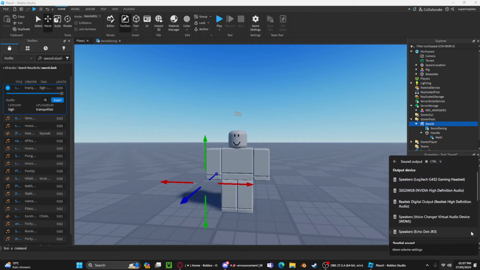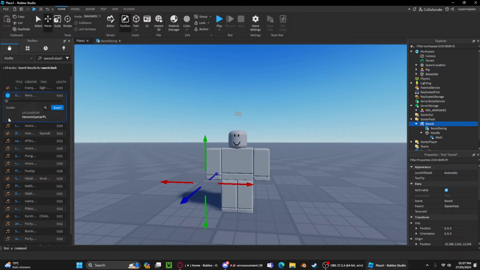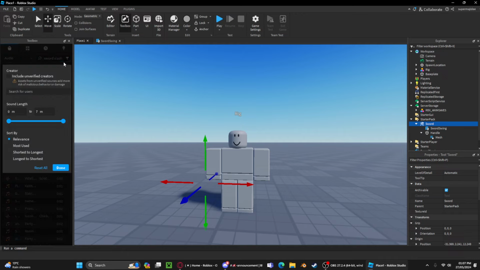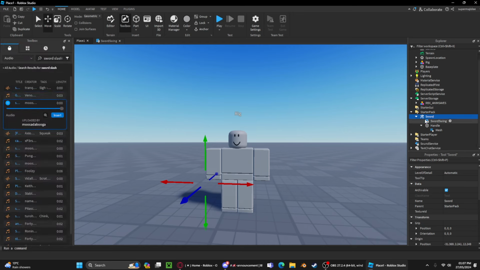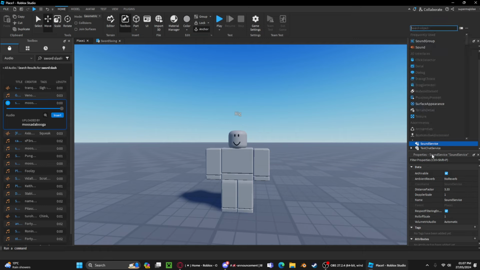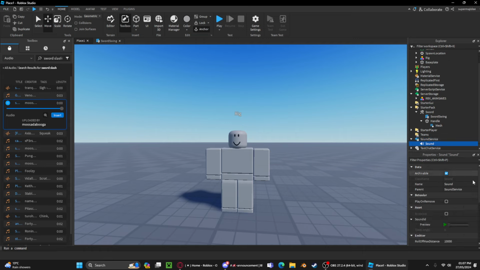That's a nice sword slash one. Then I'll go to SoundService, import a sound. Then I'll name this Slash. There we go, and we can do a